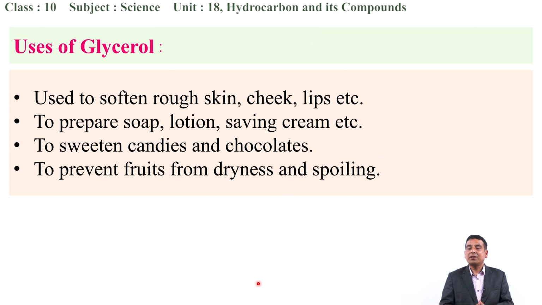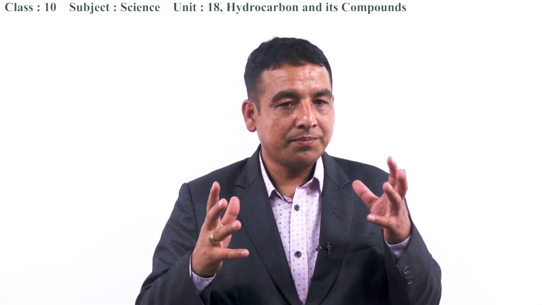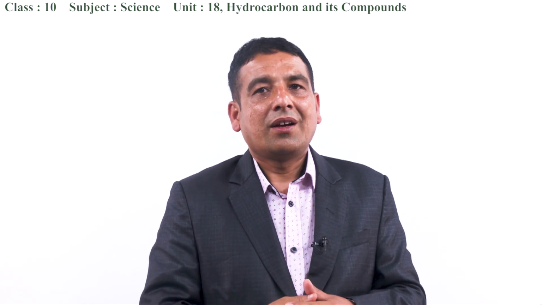It is used to prevent dry fruits from dryness. If you are storing fruits for a longer time and you apply glycerol around them, it prevents the loss of water molecules from the fruits, so the fruit stays fresh for a long time, and it also prevents the fruits from spoiling. So, these are all the uses of glycerol. Okay, so